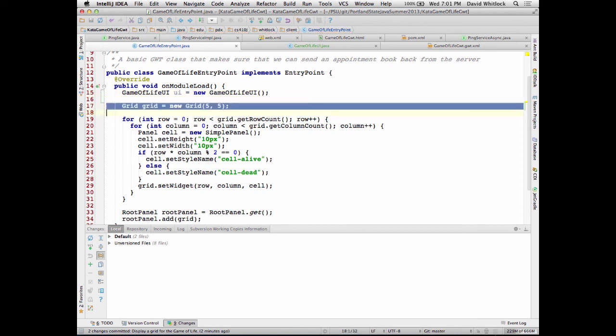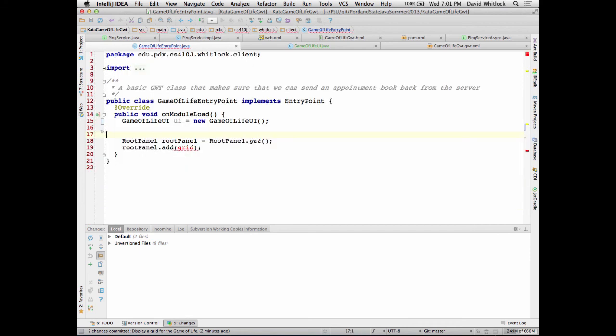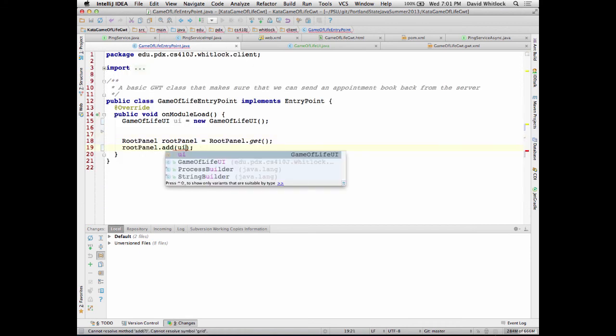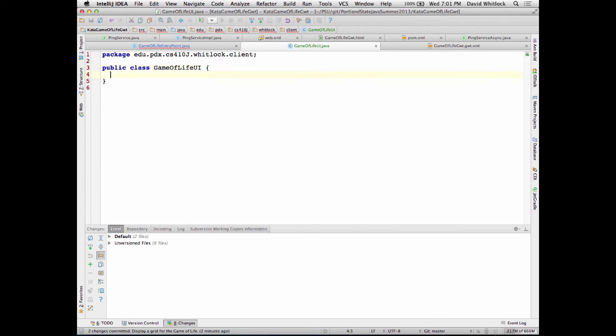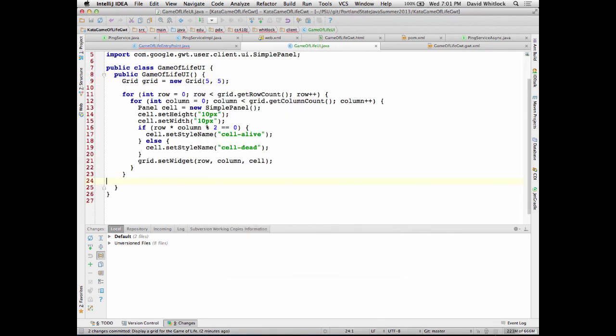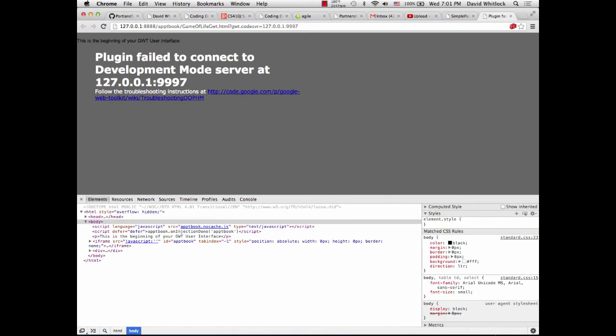And then all this code right here is going to go into that UI class, and we'll add the UI to the root panel. Public Game of Life UI. Yep, do all the importing. Okay, let's quick reload this. See that it still, oh,